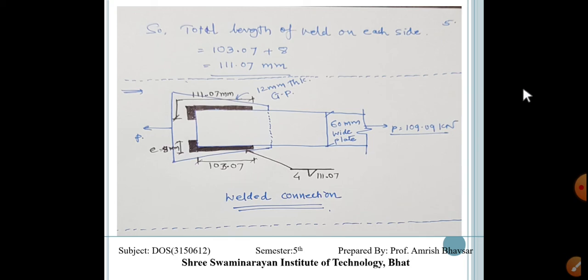In the next lecture we will discuss another welded example, so it will be useful to clarify all the doubts about the welding connection. From this case you can understand the whole detail of welding connection, and in actual practice this welding connection is frequently used in the market. So you have to have knowledge about this welded connection. Clear? Thank you everybody. Meet tomorrow.